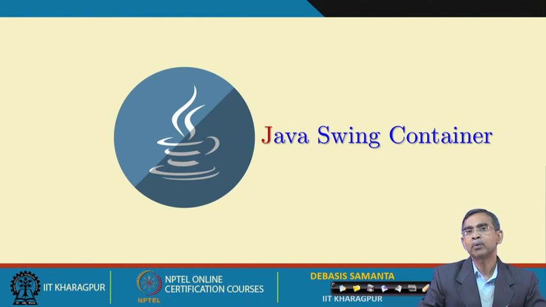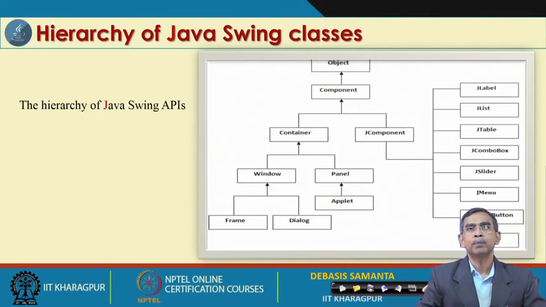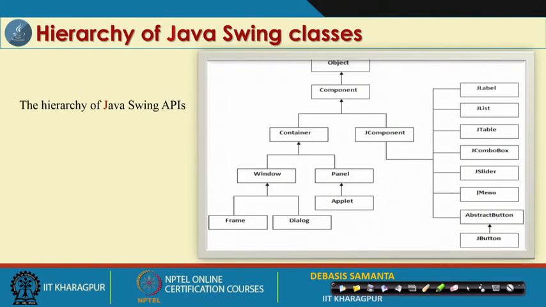So, applet can also be added here, although we have not used any examples for that. Basically, if you create one program which extends an applet, whatever component you want to add can be added into the applet also, which we have already illustrated enough while discussing AWT. So, applet is the very same, we just ignore it here in this discussion. Anyway, so far as the container is concerned, container includes window, it can include panel and also frame, dialog, and it can also include applets. So, these are the whole concept.